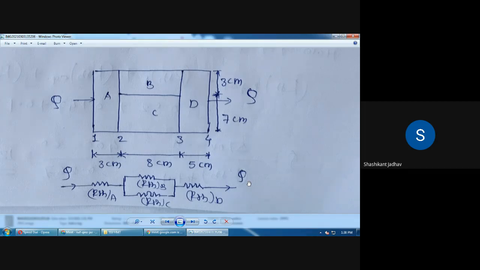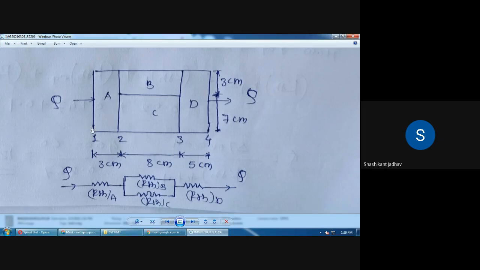Okay, so first of all we have to calculate the thermal resistance for plate A, then the thermal resistance for plate B, and then the thermal resistance for plate C, and then the thermal resistance for plate D. चारही प्लेटचा थर्मल रेजिस्टन्स कॅल्क्युलेट करायचा आहे. आता इथं काय आहे? There is only one mode of heat transfer, that is conduction. So for the conduction we know what is the equation for the thermal resistance? L by K. So by using that equation we have to calculate the thermal resistances for the plates A, B, C and D. Okay, so this diagram is over. Shall I proceed? Diagram is over.